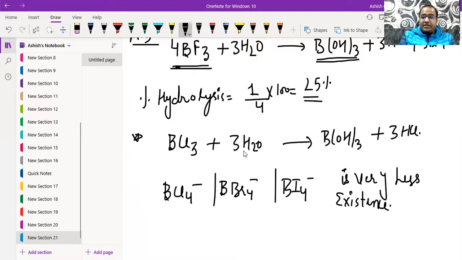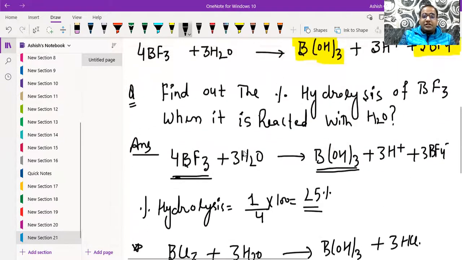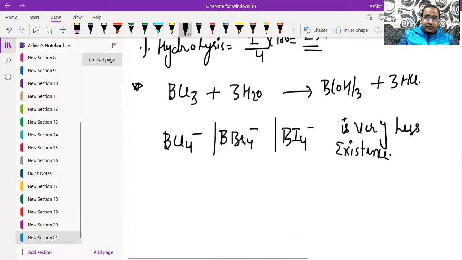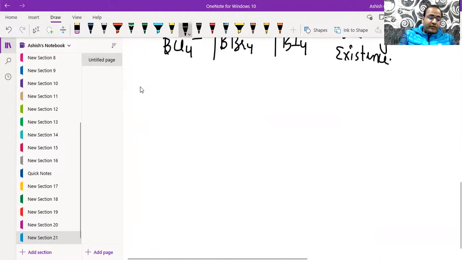So this is the information we must know from the hydrolysis of BF3. When it is reacted with water, what I will get is boric acid plus BF4-, right? Moving towards the second case,